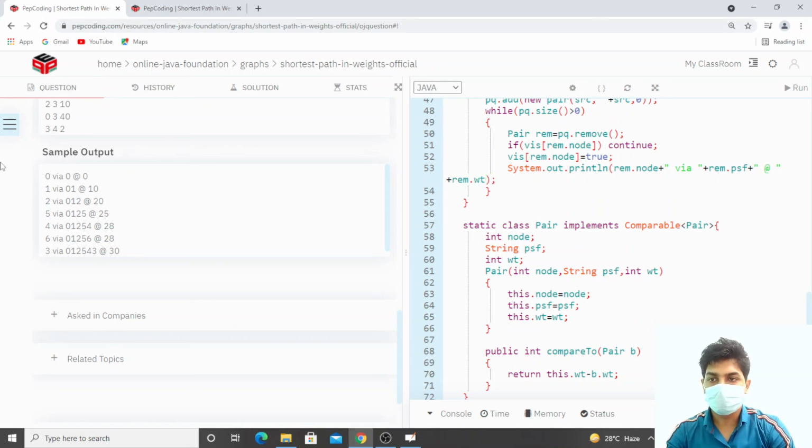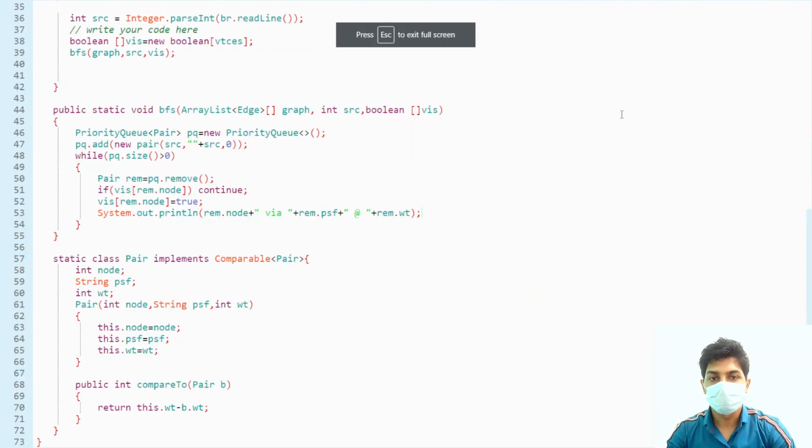Let's check that again. We have to print the node first, then via, then the path so far, then at the rate, then the weight. So this is what we have to print.